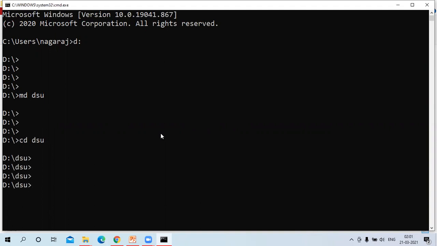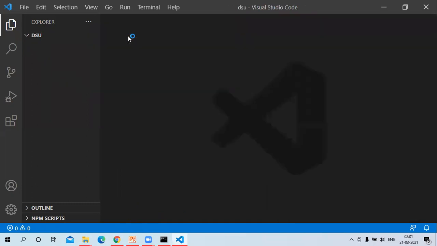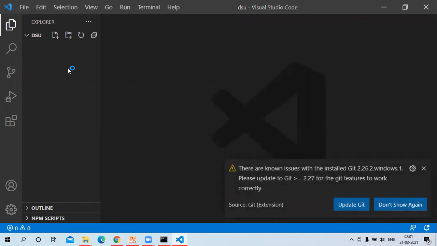And then how to start this Visual Studio Code? This is the way, code and then a dot. So it starts Visual Studio Code in this folder called DSU. And then you close this welcome screen and then you can open any new file here. So this is the way how to start Visual Studio Code. This is one way, and another way is